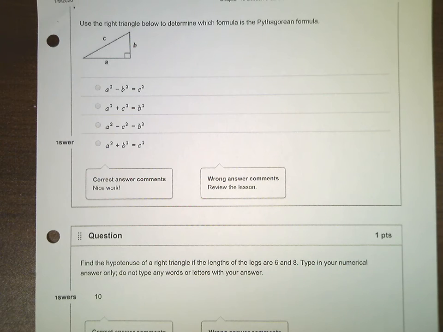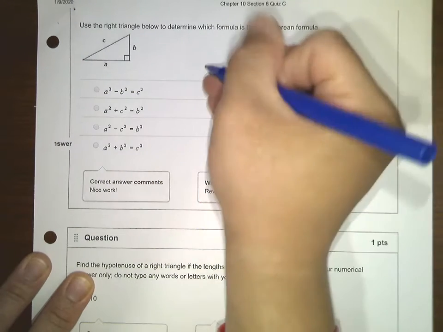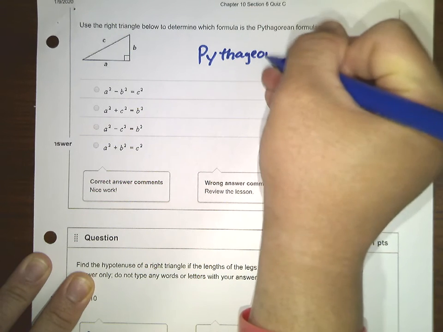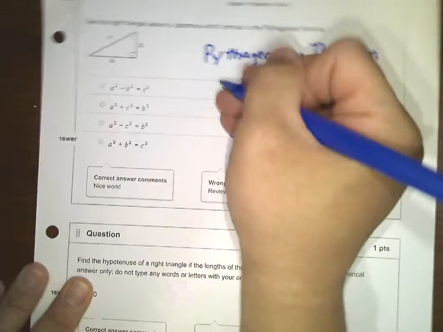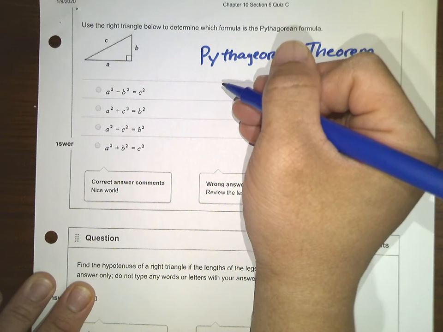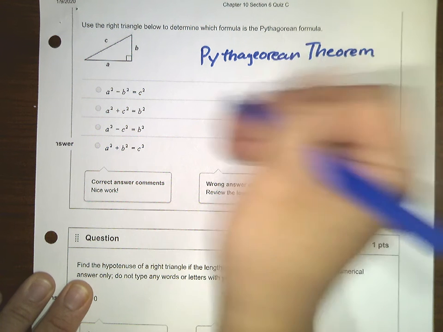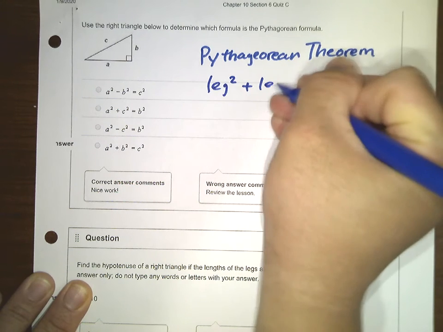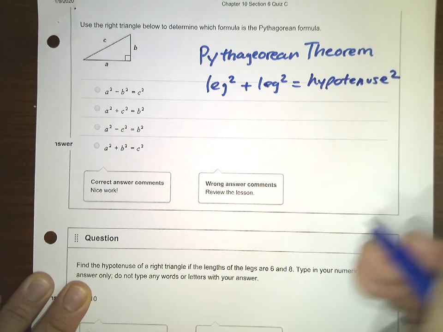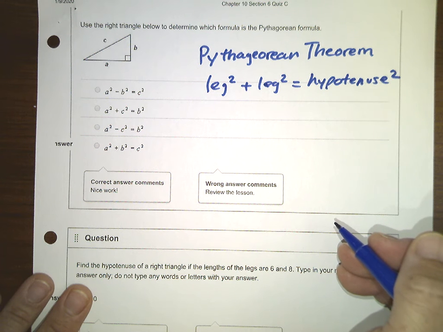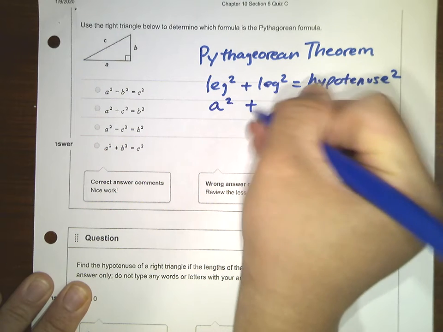So now use the right triangle below to determine which formula is the Pythagorean formula or the Pythagorean theorem. All right. So in the Pythagorean formula or the Pythagorean theorem here, usually what the theorem says is that the sum of the squares of the lengths of the two legs of the triangle is equal to the square of the length of the hypotenuse. So it's leg squared plus leg squared is equal to the hypotenuse squared. And then instead of writing leg and hypotenuse, they just write a squared plus b squared is